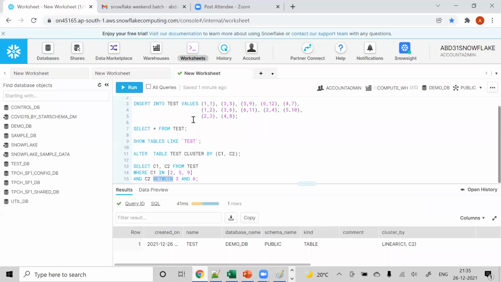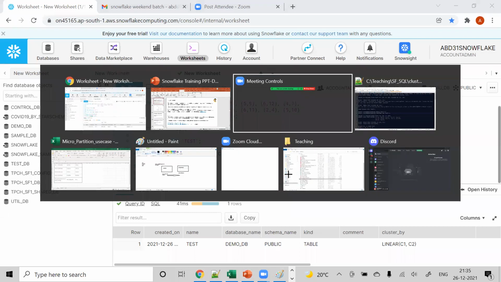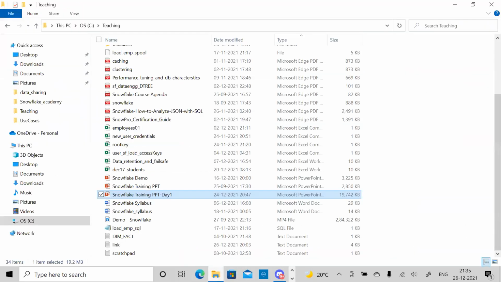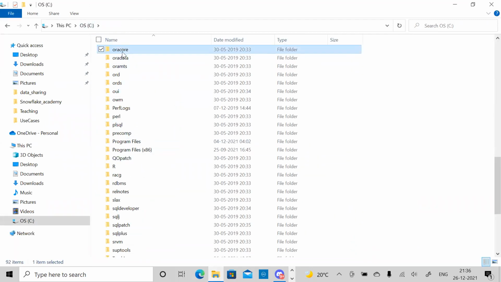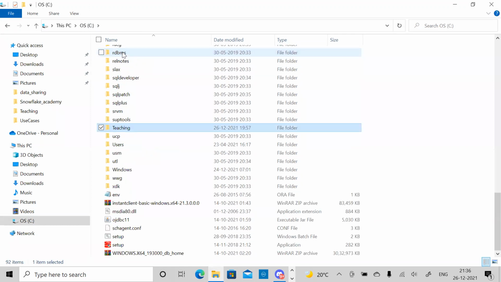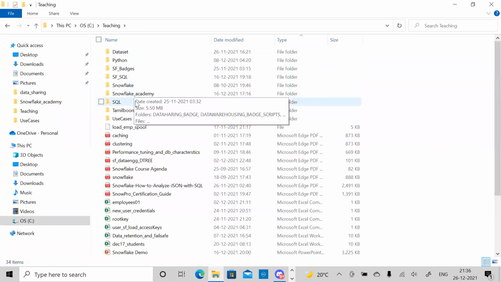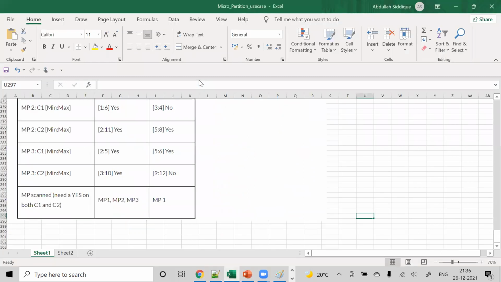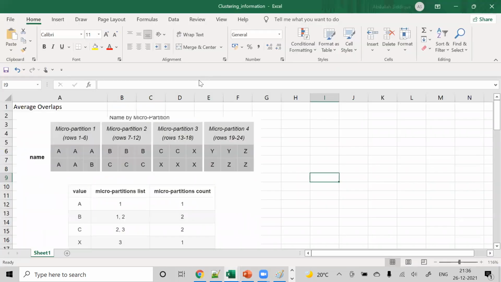I will fire some queries there and I will show you what all to see there. Before that, let me show you one more use case here. Yeah, see guys, this